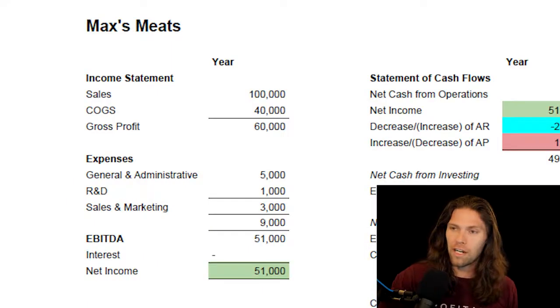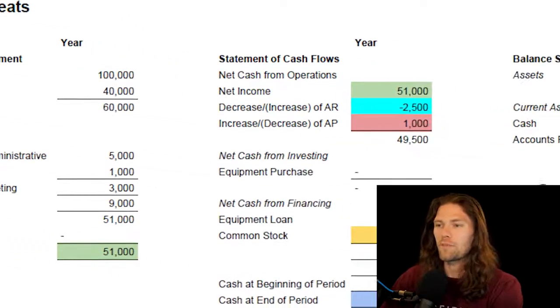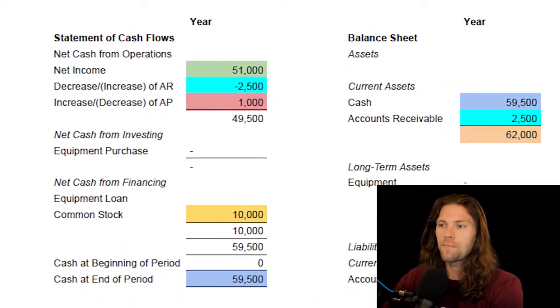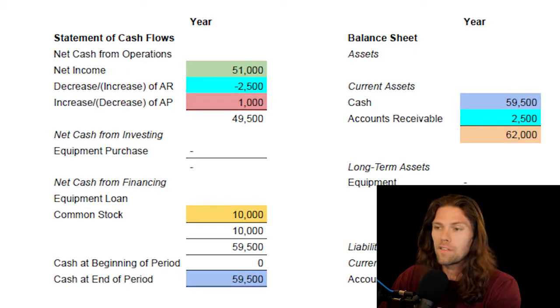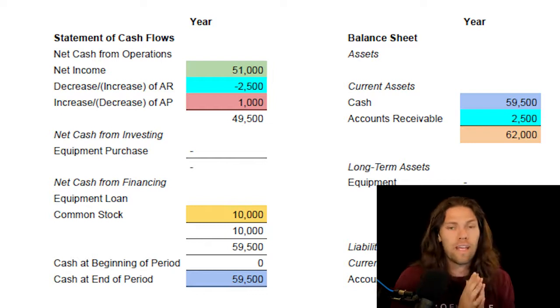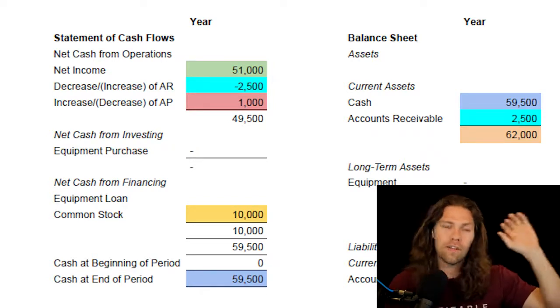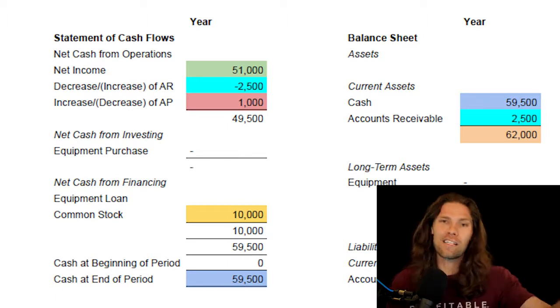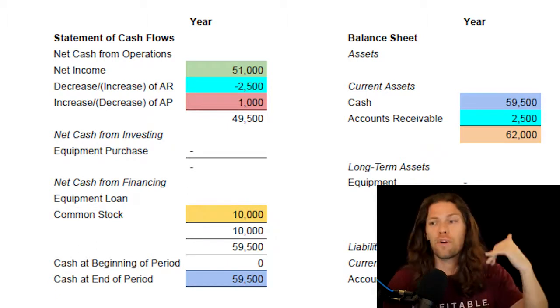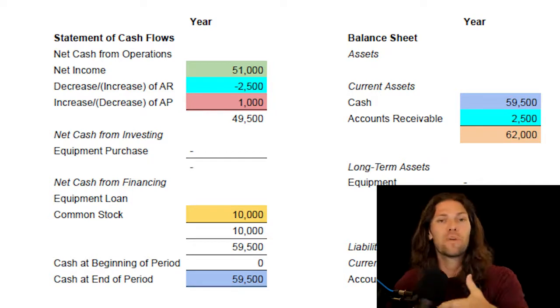So let's look at our example here again for Max's Meats, our fictitious company, our statement of cash flows. We have our net income of $51,000. We have a decrease of accounts receivable, or increase depending on the situation. So what is accounts receivable? Accounts receivable is money that we have yet to receive. We sold some of our product, some beef jerky or something like that, and our customer has yet to pay us. So there's a $2,500 deduction